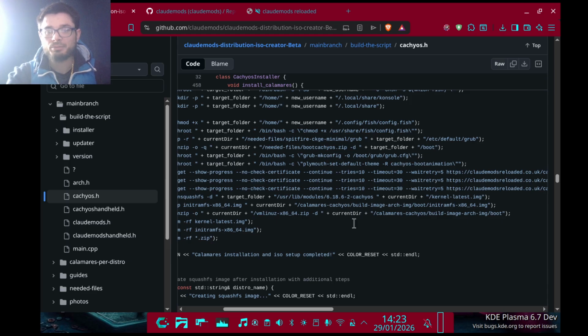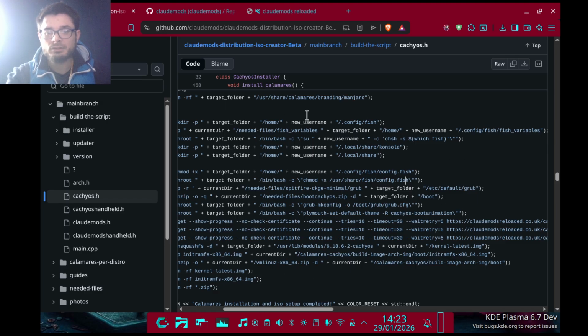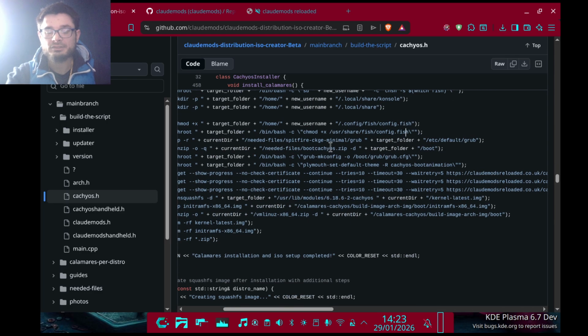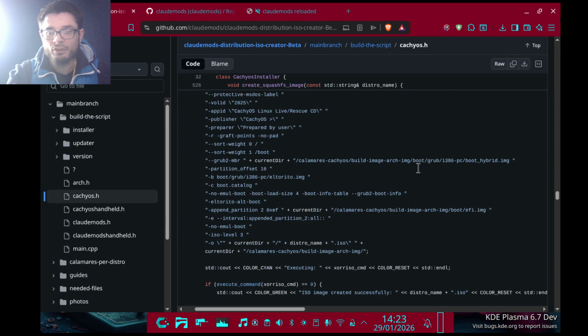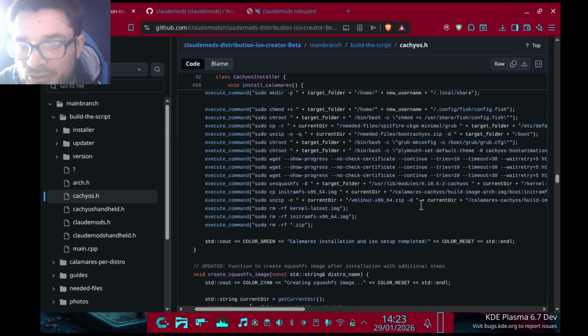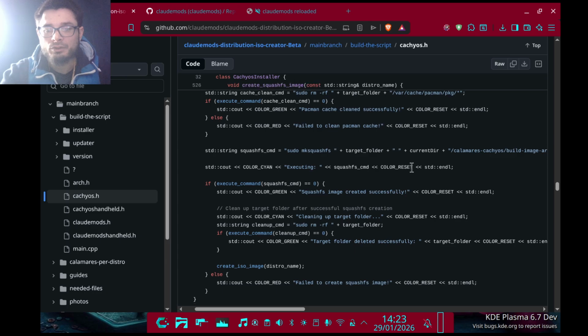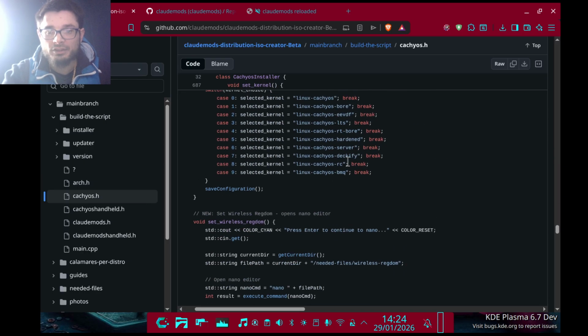Essentially we set up the grub to work within CachyOS. So we get the default CachyOS grub and Plymouth. What else? We obviously include the files that are needed to boot the ISO. We set up fish. We create a squashfs, create the ISO, and then obviously these are all the different options